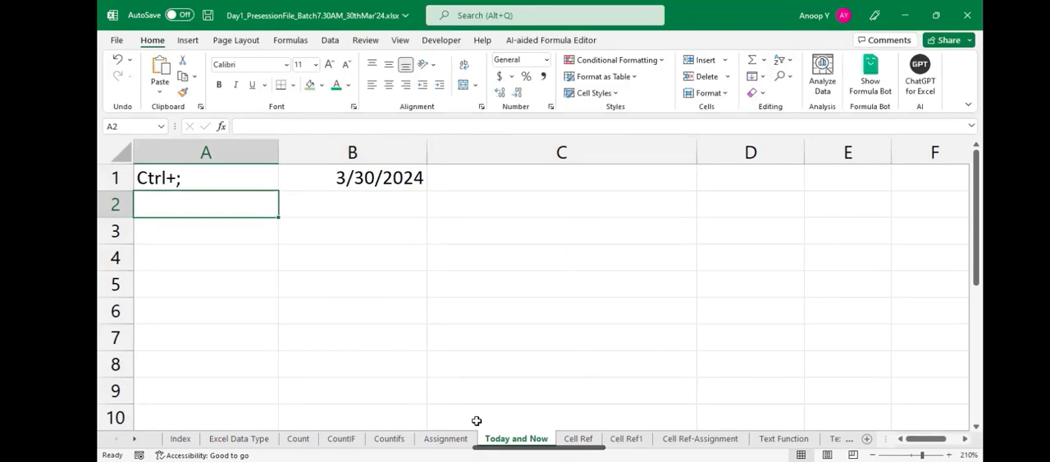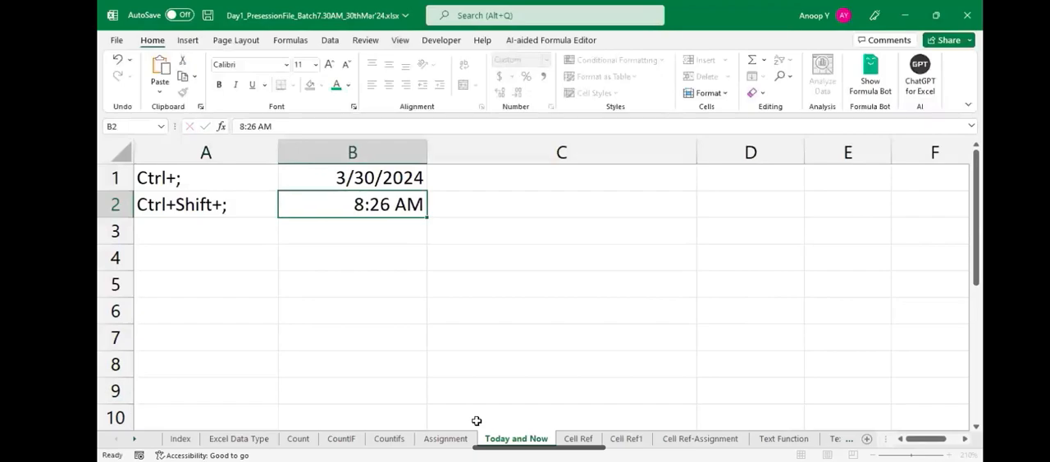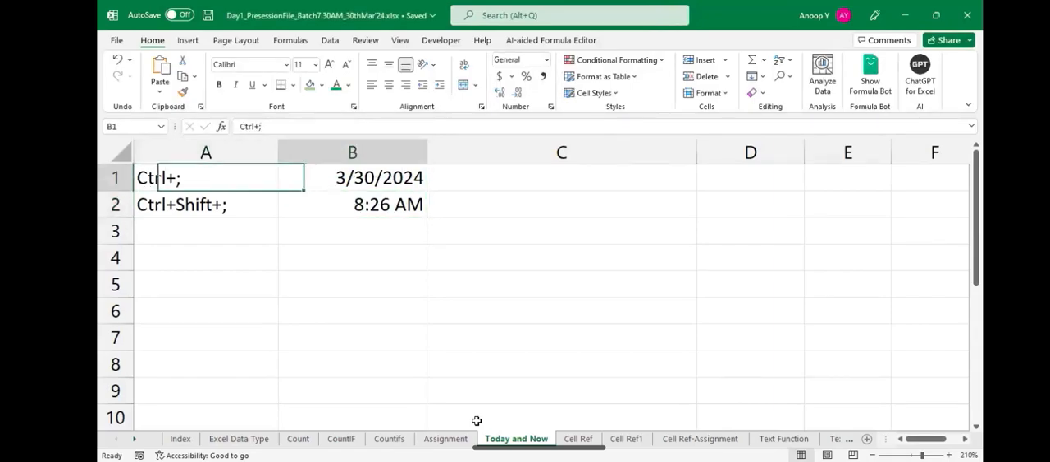Okay. Similarly, if you want to capture the current time of your system, then the shortcut key is Control plus Shift plus semicolon. So you have to hold the Control and Shift keys, then press the semicolon key. So it will capture the current time of your system. Okay. So if you want to capture the current date of your system, Control semicolon. If you want to capture the current time of your system, you have to hold Control and Shift, then press